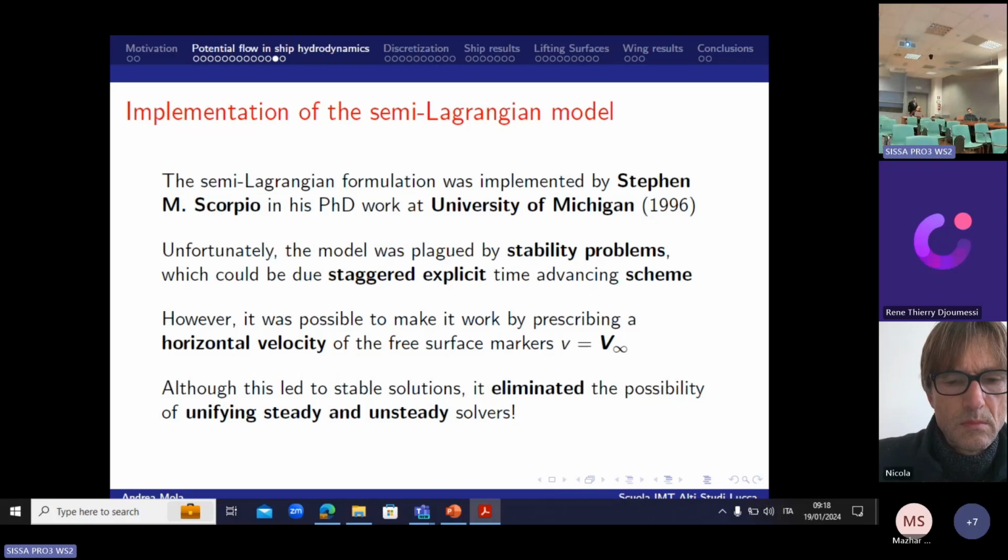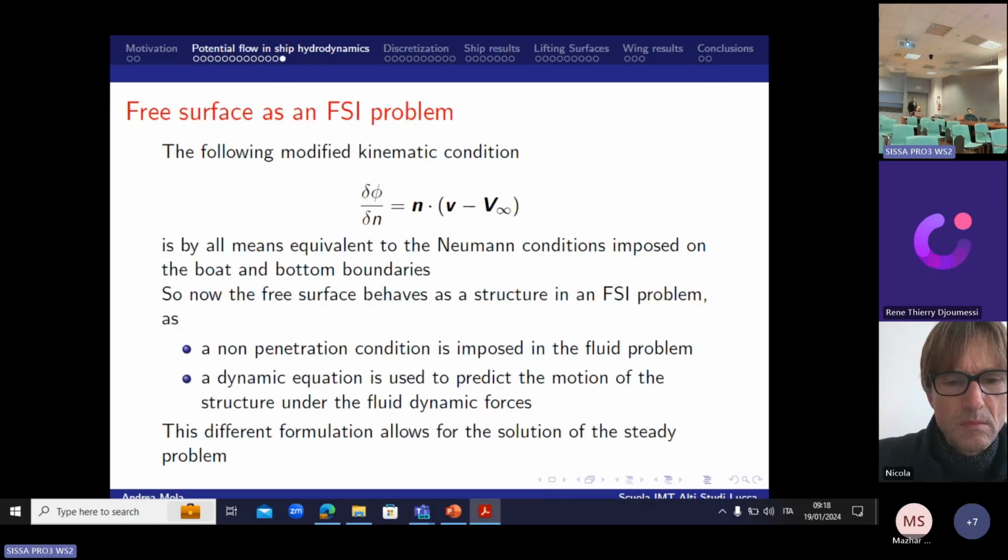And so clearly this model could not be used for the purpose for which it was designed, which was putting together a model that could do steady and unsteady simulations altogether. The last thing that I would say is that in the very last year and a half, with some coworkers, we switched to a different kinematic free surface boundary condition. This is a non-penetration boundary condition for the free surface, which after all is like a flow surface for the